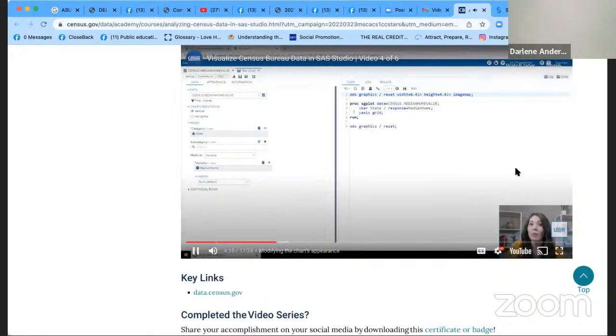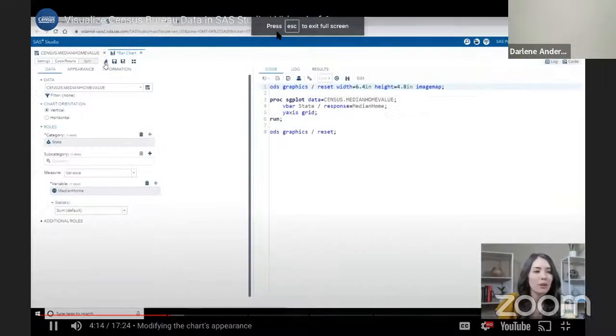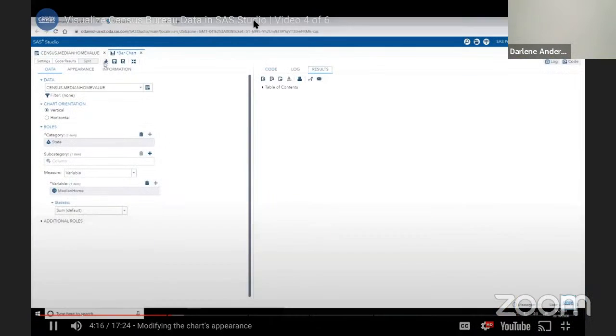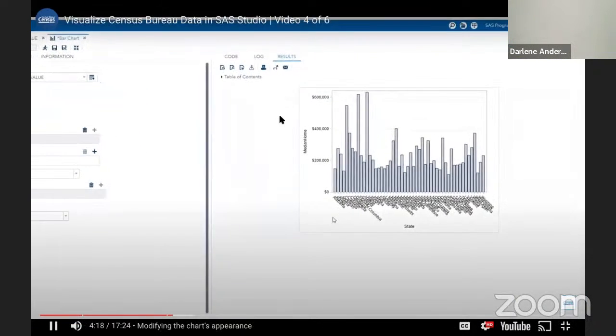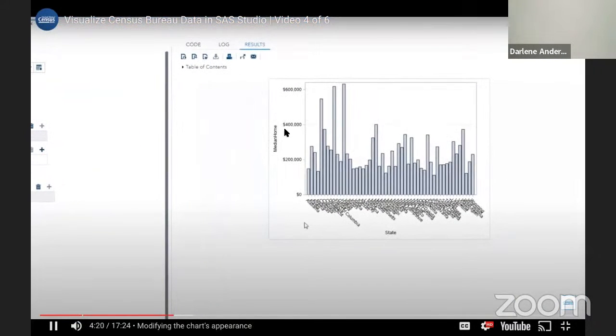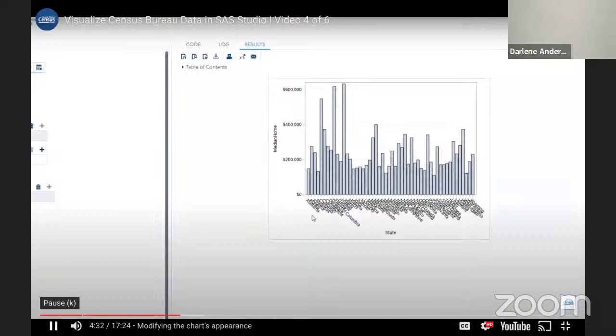At this point, let's go ahead and give this code a run. Let's see what we get. Now, looking at the bar chart, we have a start here, but we could probably make some improvements. Right, I have one bar for each state. The height represents the median home value. That's good. But I can see that all of my state names are being overlapped with each other. I might want to expand the